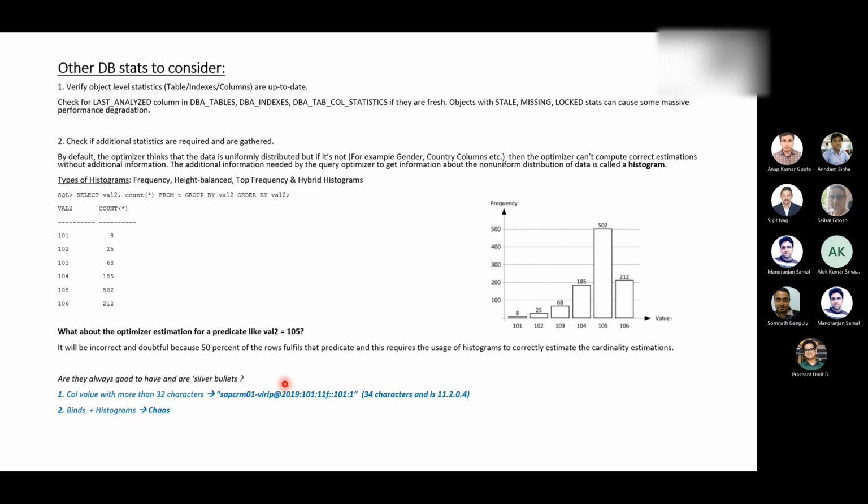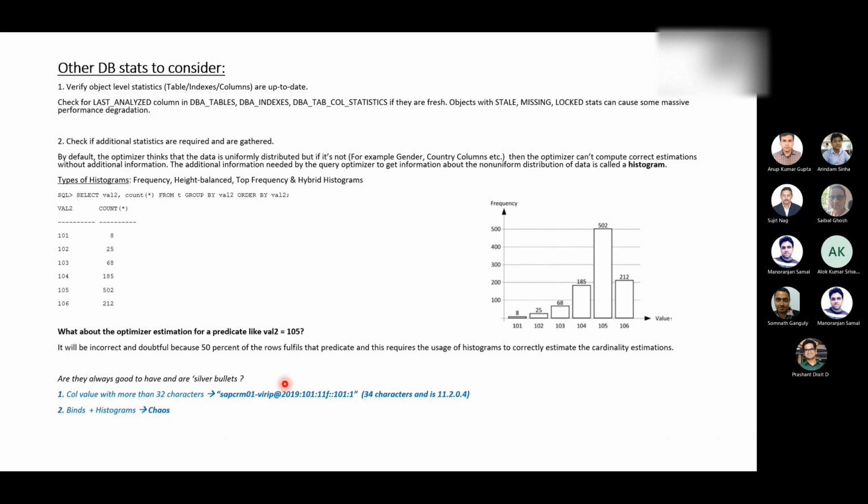So instead of doing an index scan, it was doing a full table scan, all because it had an entry of more than 32 characters in that column. So ultimately histograms were ignored and a wrong estimation was performed by the optimizer. An incorrect plan was picked and a bad access path was followed. Right, so that was one of the cases.